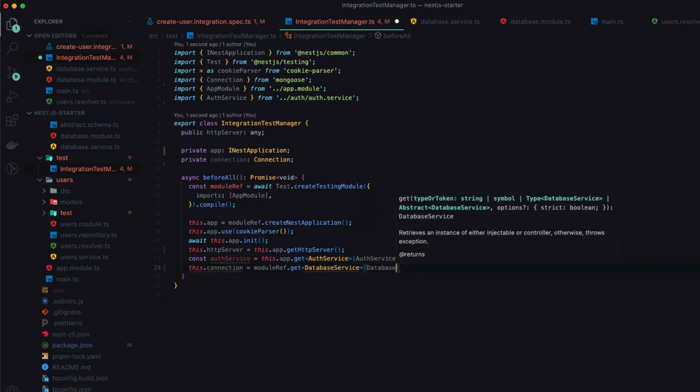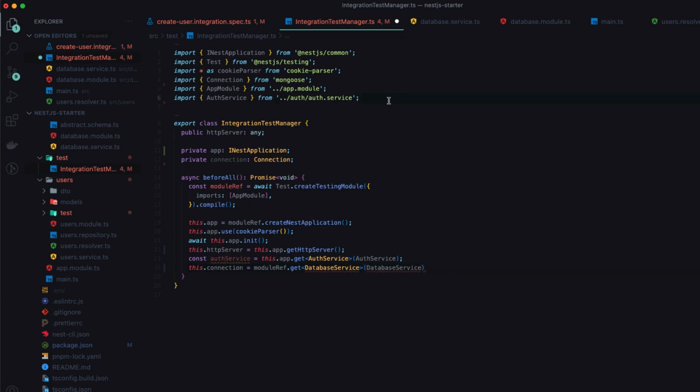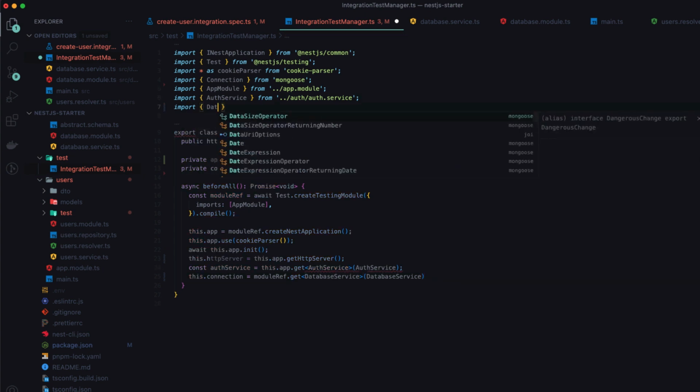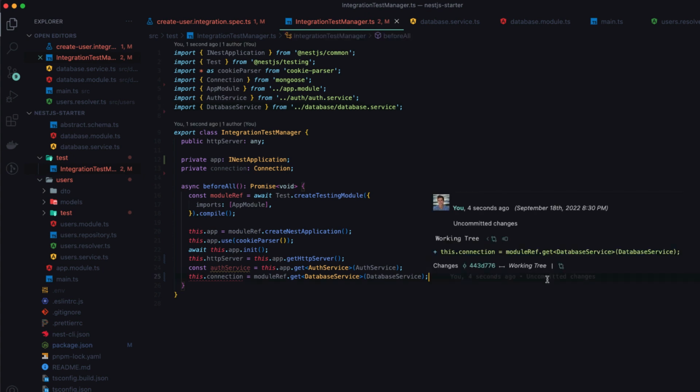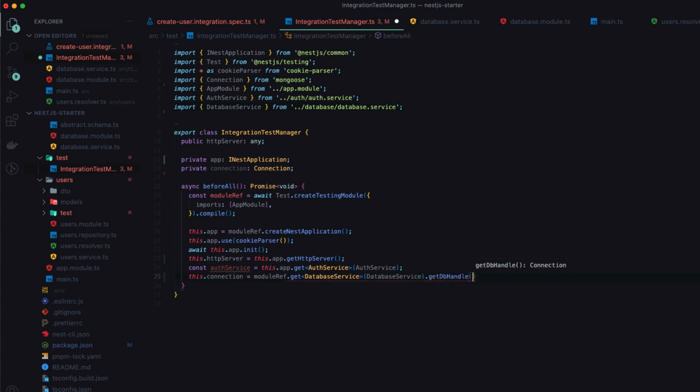And you can pass in the database service here. You may need to actually import it manually, so let's go ahead and do that. We'll import the database service from database. And so once we have the database service, we can call getDBHandle, and now we have the connection